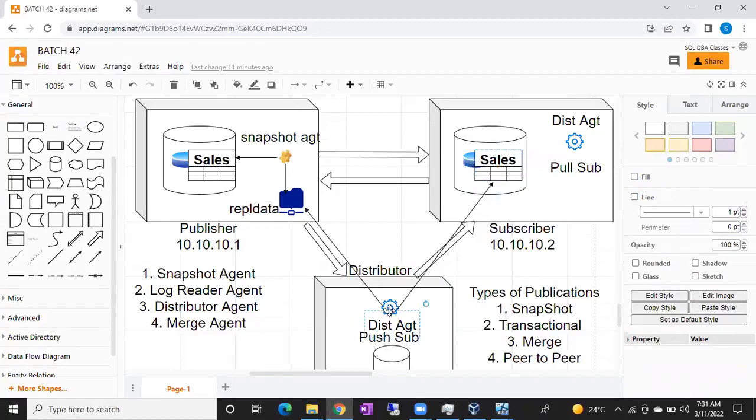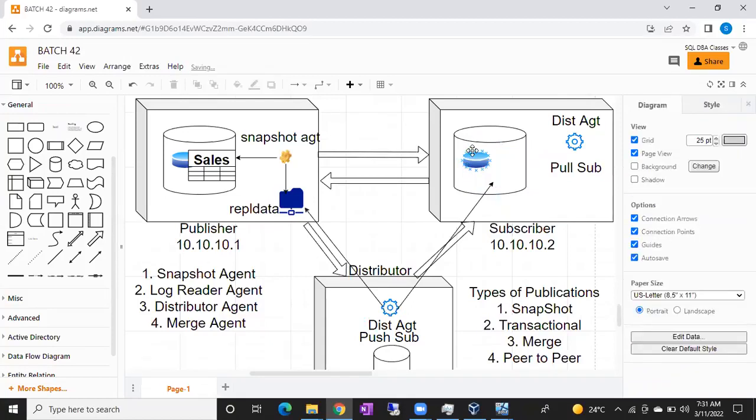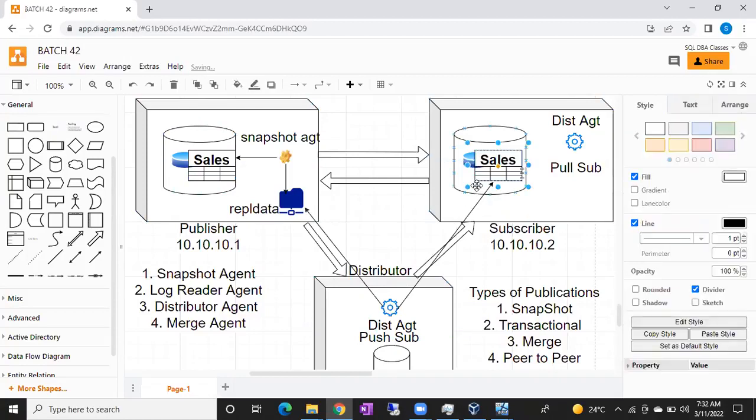Whenever your distributor agent is applying that article on the subscriber side, it will delete the old table. And with the changes, a fresh backup will be there, right? With the changes, it will create a new table, guys. Every time the snapshot agent runs, this is a common step.